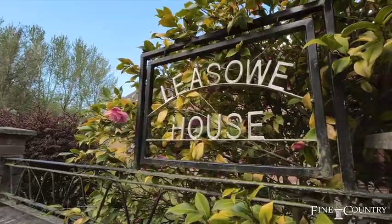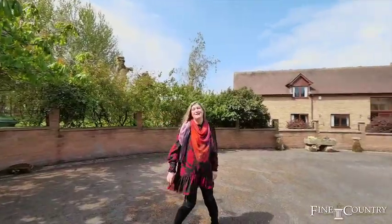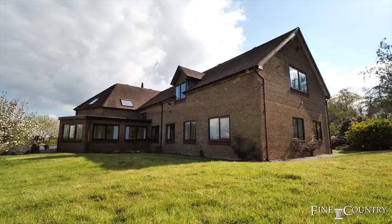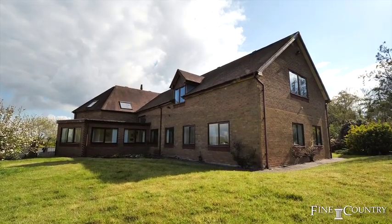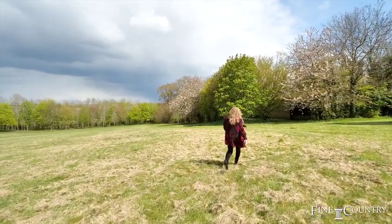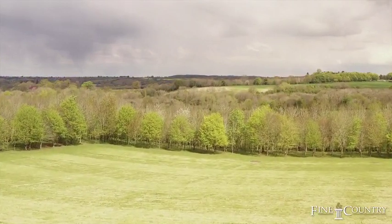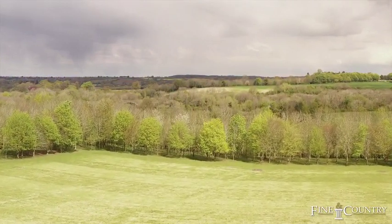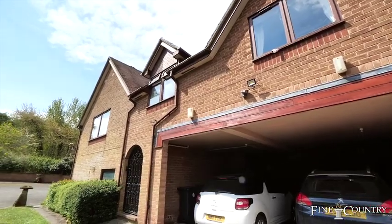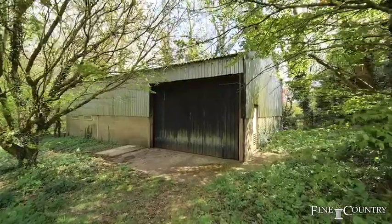Leasowe House and Leasowe Cottage offers 5,600 square foot of multi-family living, offering 8 bedrooms, 5 reception rooms, 5 bathrooms, 2 breakfast kitchen rooms, a snooker room and an outdoor swimming pool on a curved patio terrace overlooking glorious uninterrupted views. There is a further 3,500 square foot of additional loft, garages, barn and stable block that could be developed,